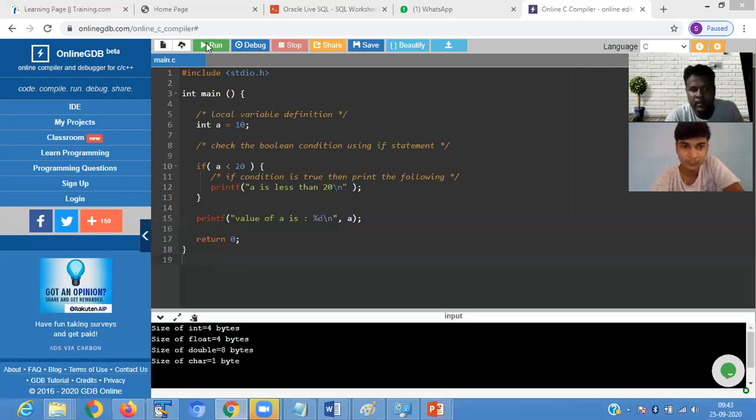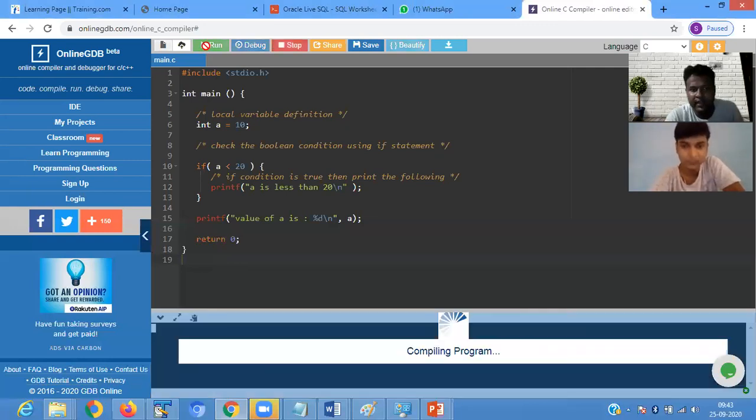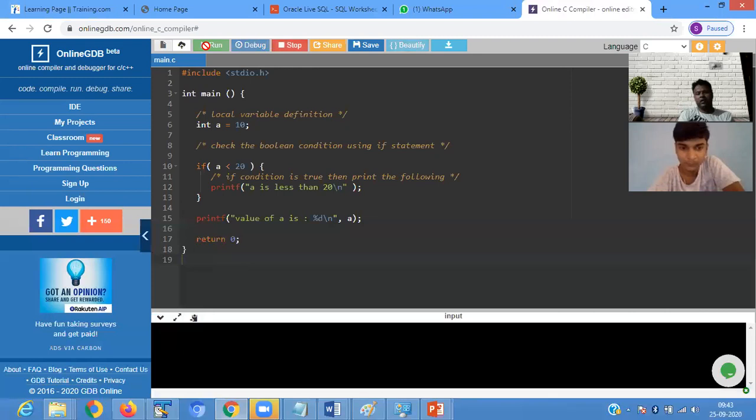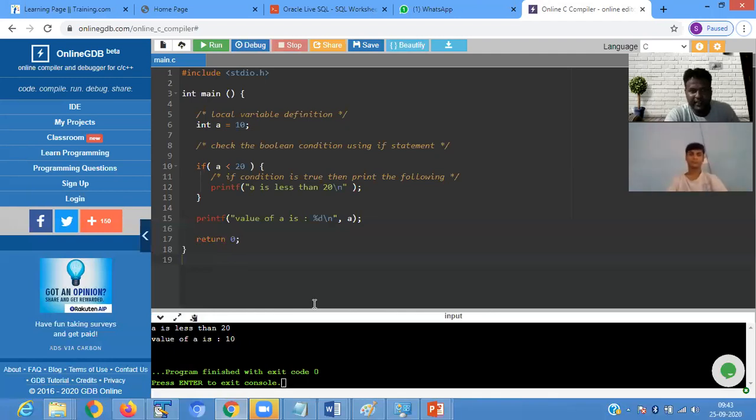Suppose we run the file. A is less than 20, the value of a is 10. If 10 is less than 20, then it shows this block. And if you pass 30 here, then the condition is not true. If the condition is true, then the following statement is executed. If the value is